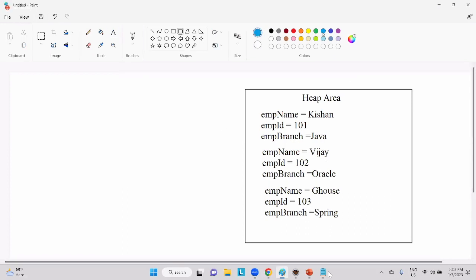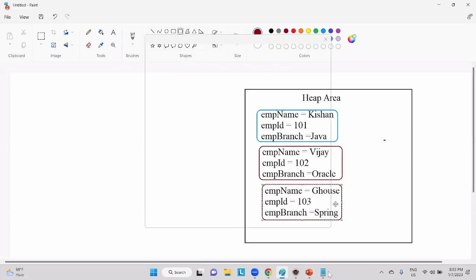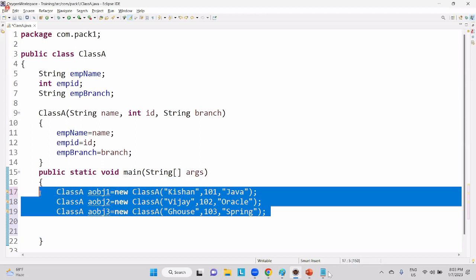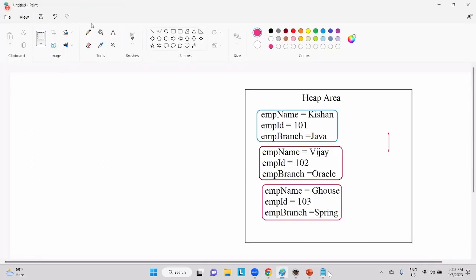Now we are having three separate copies of instance variables, like this. So whenever I'm trying to create an object like this,